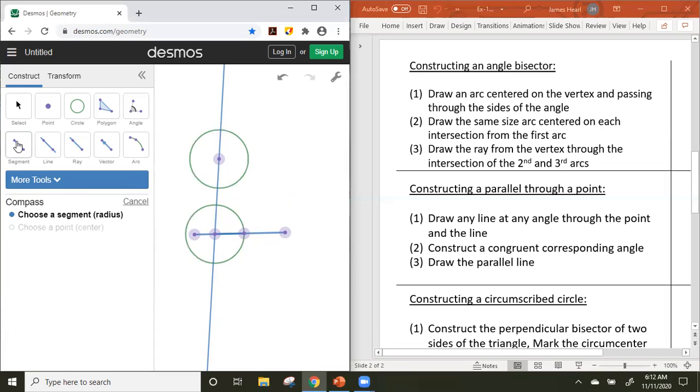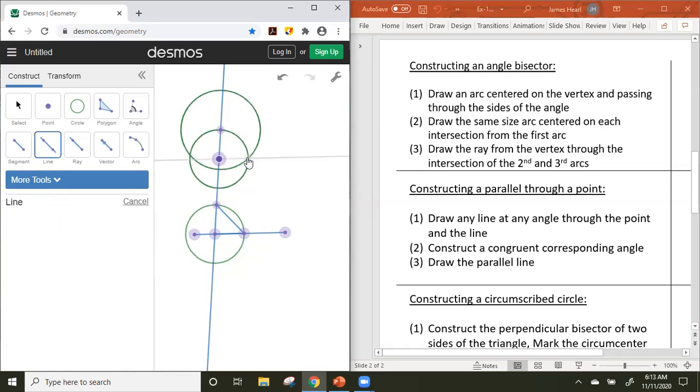Now it's going to be the same idea. I need to do the measurement across from it so that I can do that up top. So let's create a segment going across so that I can use my compass to figure out its size. I notice it hits both parts, no matter which one I am on. So if I do it up here, it tells me exactly where my second line has got to go. It's got to pass through this point right here where these cross. So we'll draw our second line